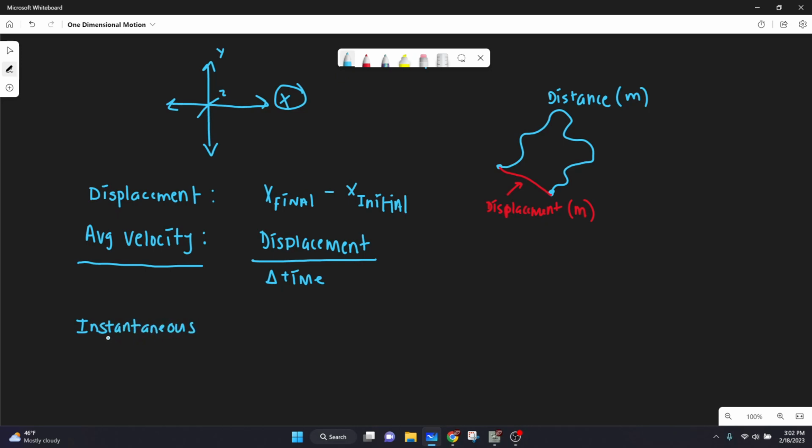Instantaneous velocity. So instead of taking the change in time, we want to know the instantaneous velocity, which is the limit. So we're going to do some calculus in here. The limit as t, the interval, the change in t, approaches 0 for